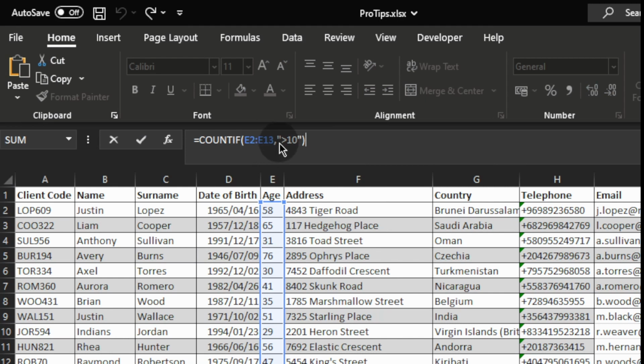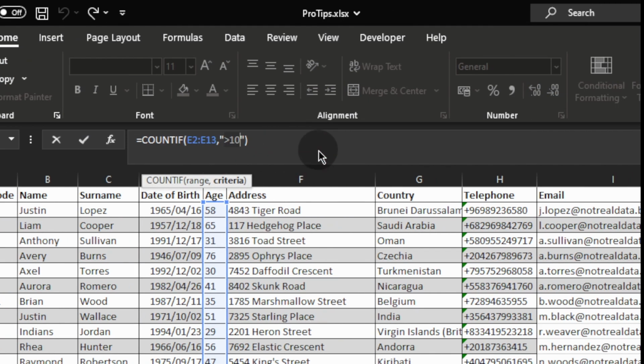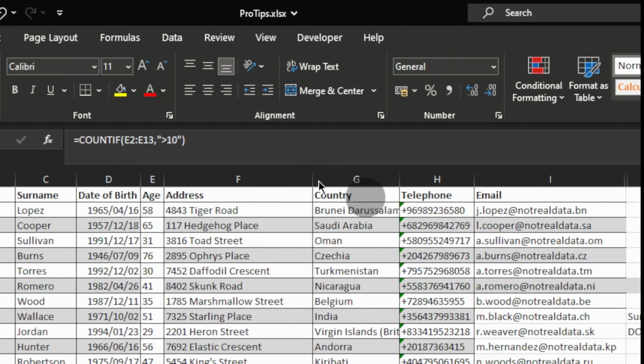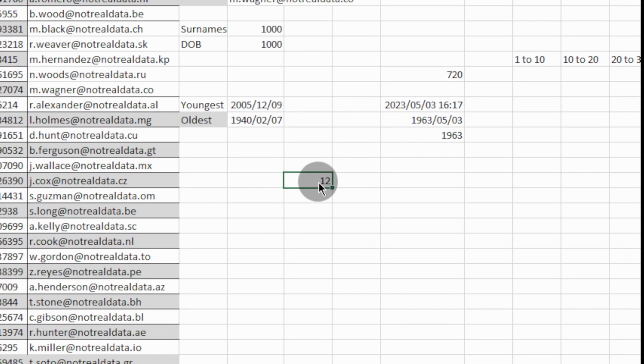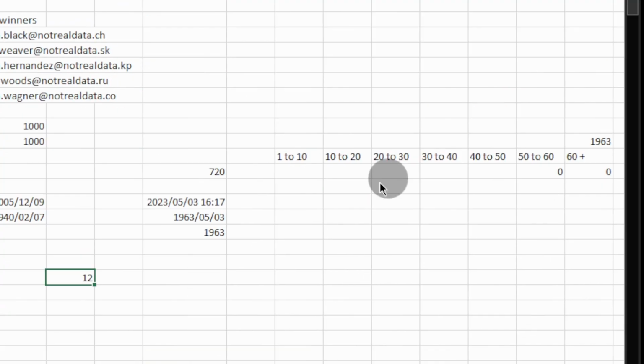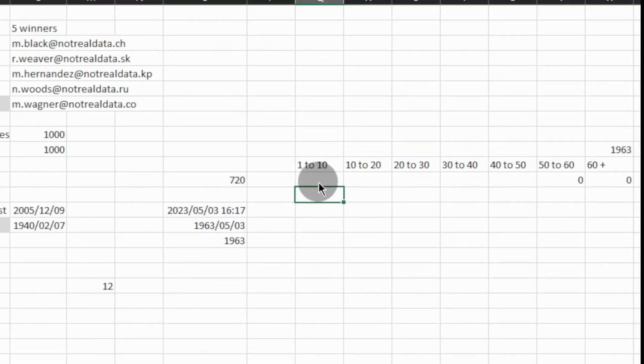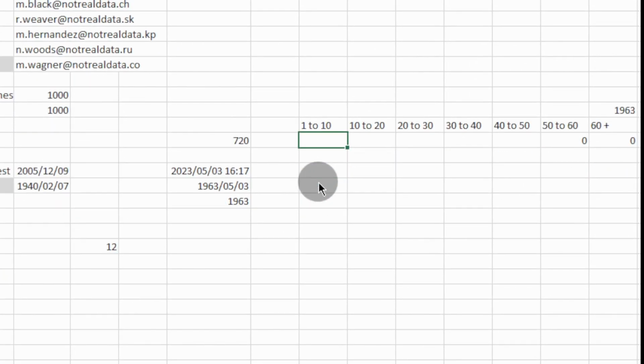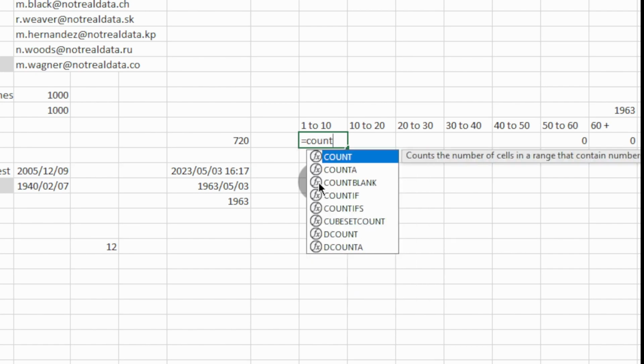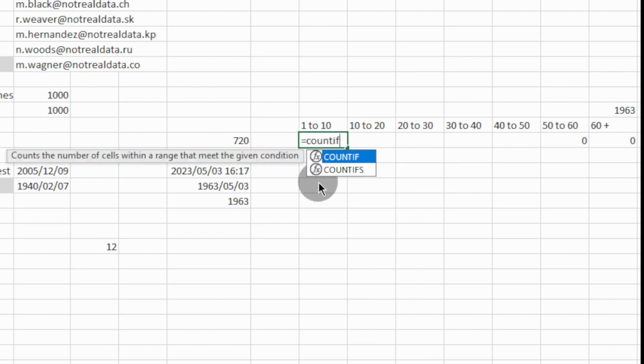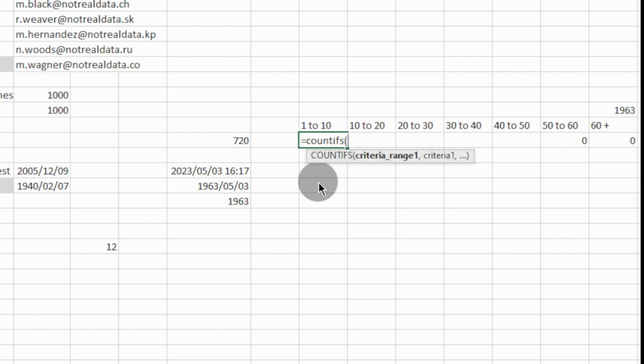My mistake was putting my evaluating criteria in inverted commas, and as soon as you do that, you actually get the count, right? So let's quickly check. So we can put here 1 to 10, people that are aged 1 to 10. So let's put, okay, equals COUNTIFS. Can you see what I'm doing? Yes, COUNTIFS, and we're going to put the range as D1 to D1000, which is our range. The criteria would be